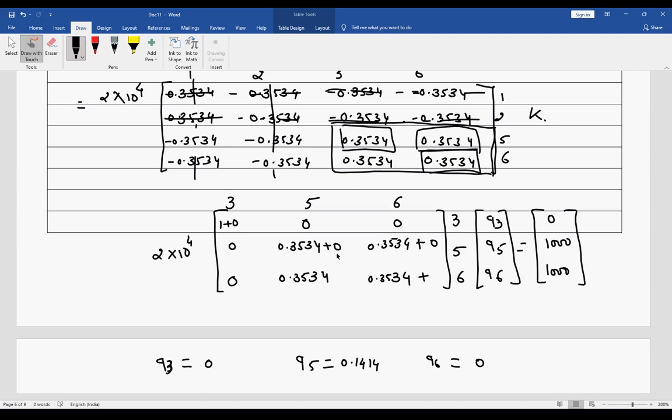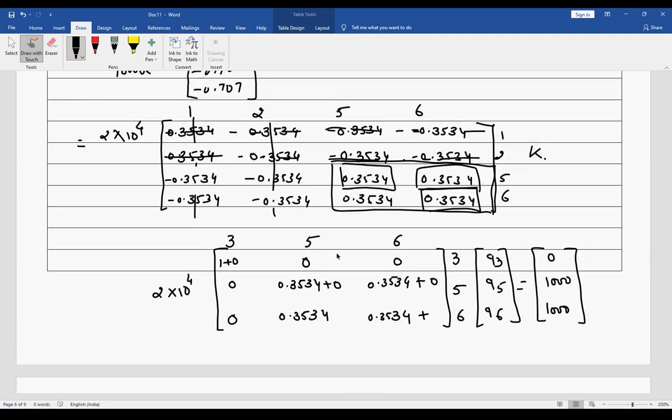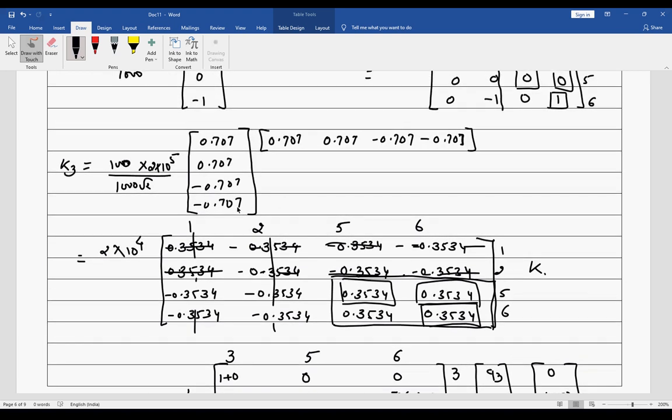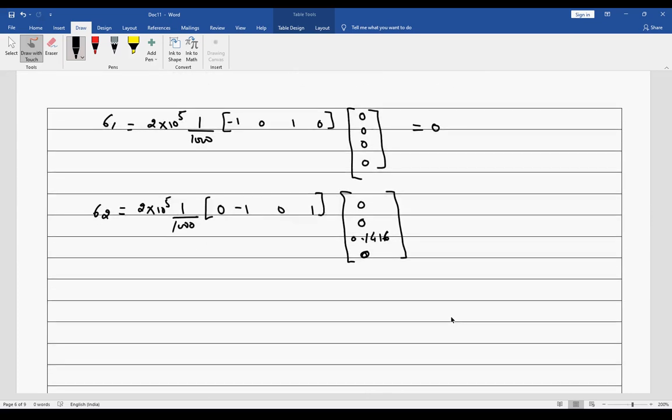Q6 is any value. Have we made a mistake here somewhere? Plus. Okay, whatever it may be.